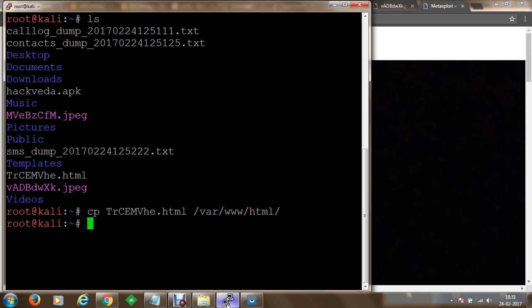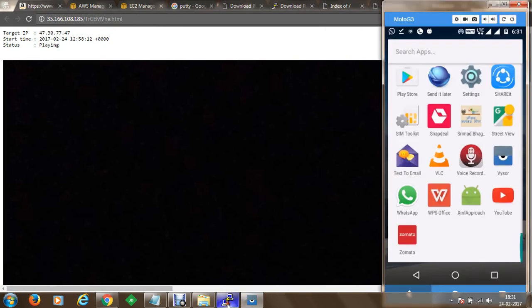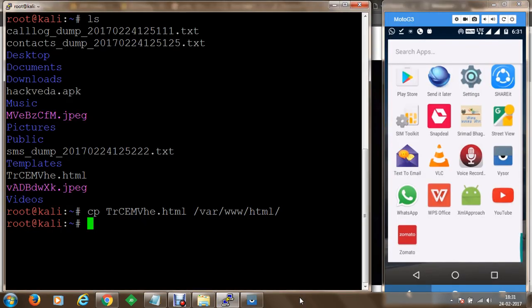So this is how we can simply execute these Metasploit commands and access the devices. So now you are clear with how to create applications for Android with malicious payloads available, and these applications can be connected to your Kali Linux server which is available on cloud.